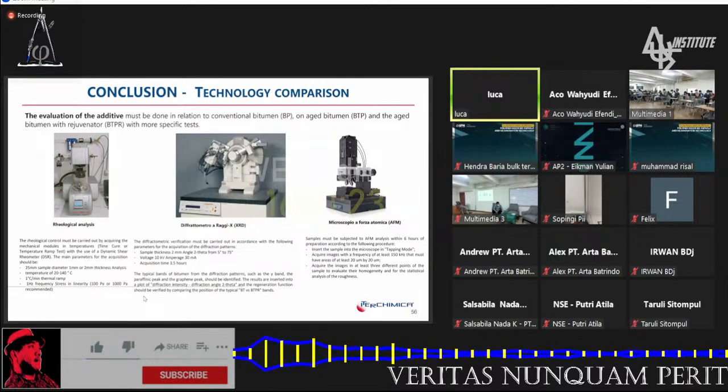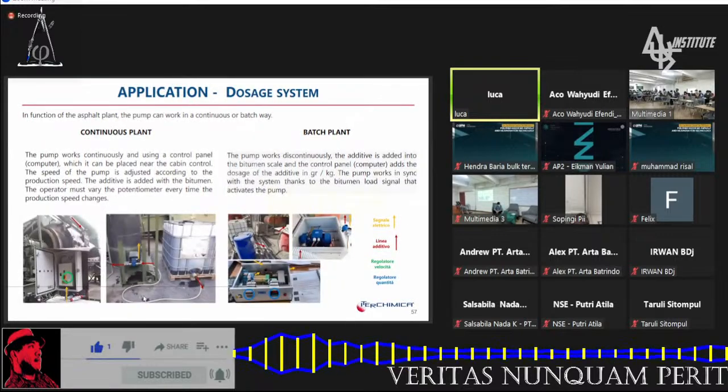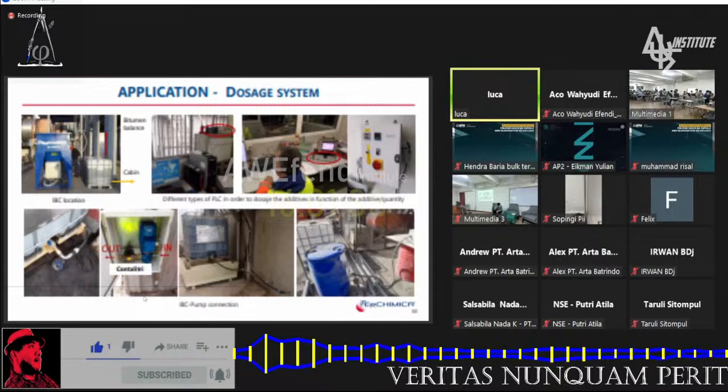So what is possible to do is this further test, rheological, XRD and AFM tests, to check the rejuvenator flux oil. About how to use it in the plant, it is super easy. Take a pump, depending on the function of the plant, continuous plant or batch plant. It can be added